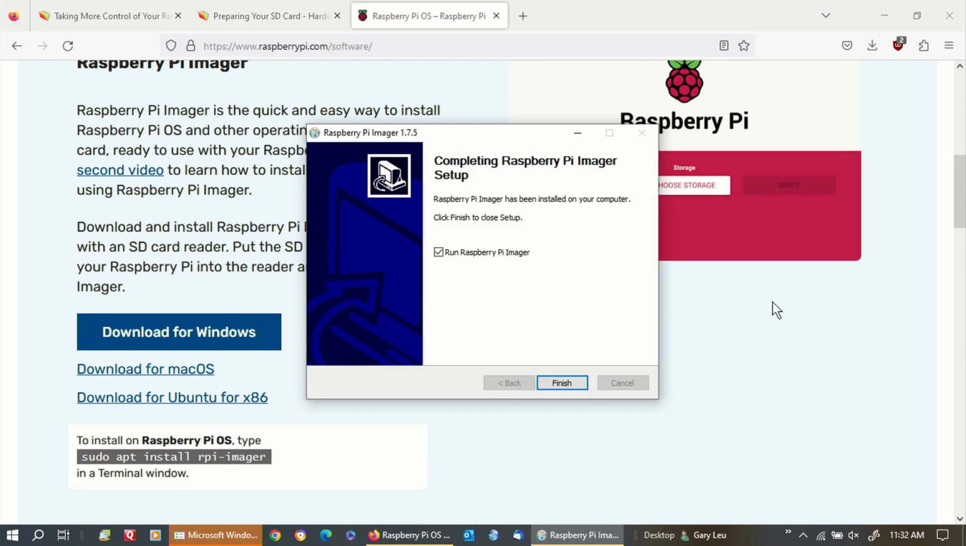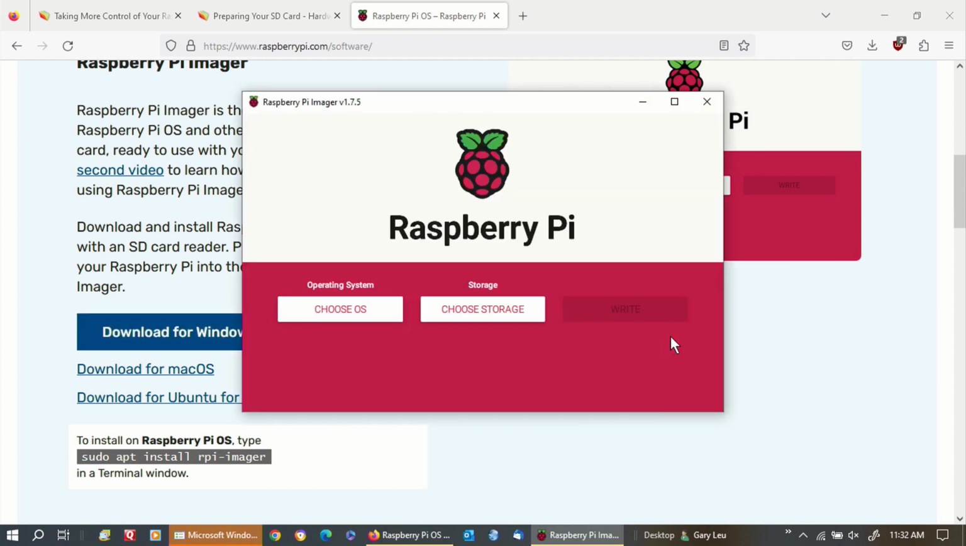And as we can see, it installed very quickly. The installer itself works pretty fast in this case. And then finally, we're going to tell it to finish. And as we finish up, it actually starts up the Raspberry Pi Imager software. So the first thing we're going to do is basically what's called choose an operating system. So we're going to click on choose OS,